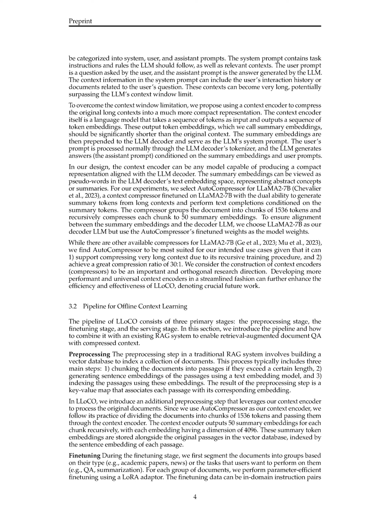Section Summary. In this section, we explore related work in the field of extreme compression of in-distribution documents, context compression techniques like GIST and AutoCompressor, and the use of retrieval-augmented generation to enhance LLM performance. We also delve into parameter-efficient fine-tuning methods such as LoRA and introduce our proposed architecture, LLoCO, which utilizes a context encoder to compress long contexts into summary embeddings for efficient generation in LLMs. Our focus is on developing more performant and universal context encoders to enhance the efficiency and effectiveness of LLoCO in extreme compression scenarios.